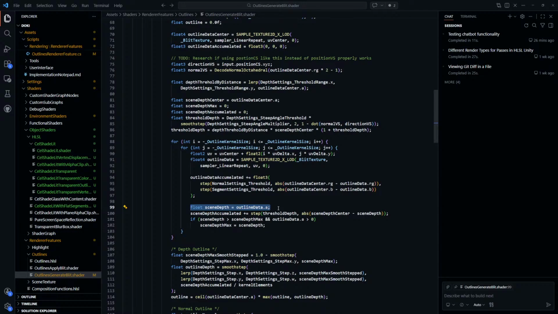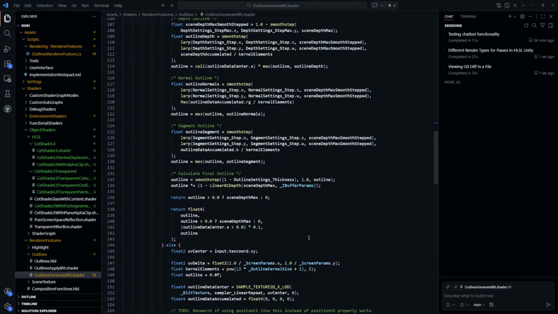Then of those 9 pixels, we take the depth of the one closest to the camera, and that is going to be the depth of the outline, pretty much. It has worked so far, but this time around, with this extra functionality we're aiming for here, it results in